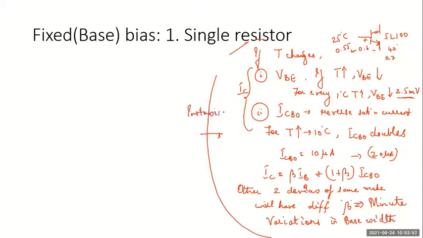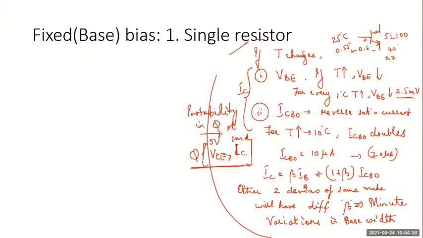Instability in the Q point, or variation in the IC and VCE values which have been fixed by the biasing circuit. We will fix the Q point using a biasing circuit, but if we don't take care, surely it will cause huge variations. Though you have fixed IC as say 1 milliampere and VCE as 5 volts, this may hold good if